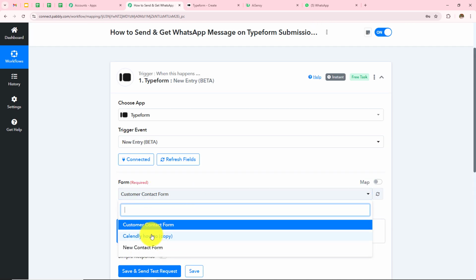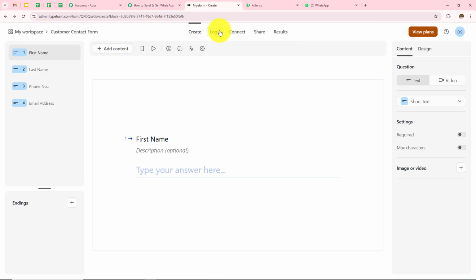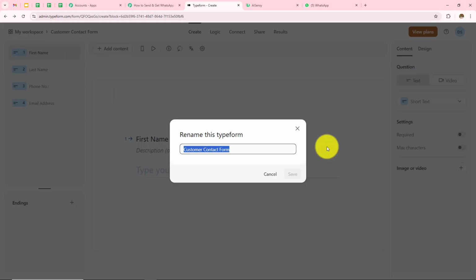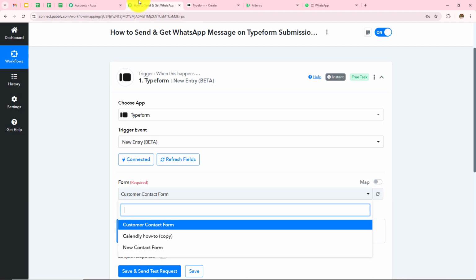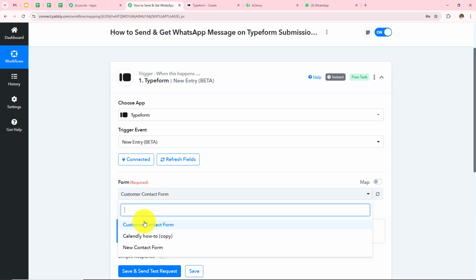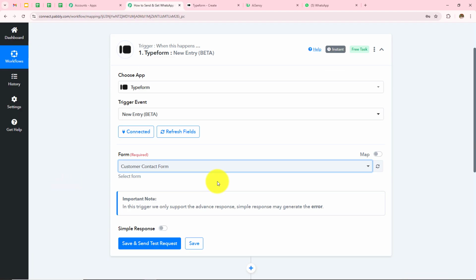So to enter this, let me take you to my Typeform account. So this is my Typeform account, and this is the form that I'll be running, customer contact form, and it has all these fields: first name, last name, phone number and email address. So I'll go back to Pabbly Connect, and from this drop down select my form as customer contact form and